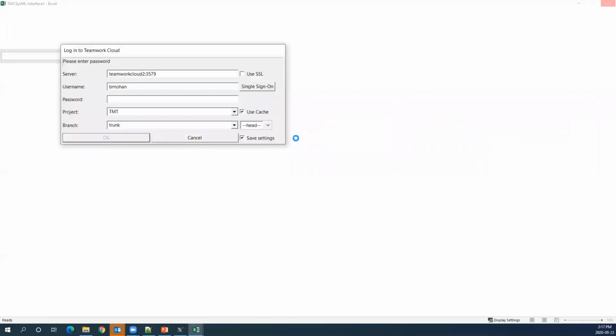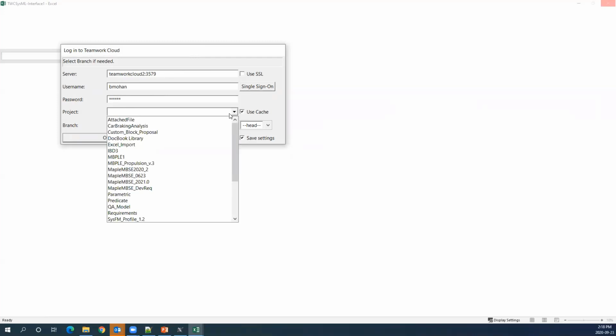So when I launch MapleMBSE, I'm going to connect to the Teamwork Cloud server, and this is the login that I'm going to get. Here you can see the server that I'm going to connect with, the username and password. This username and password is managed by the Teamwork Cloud. I'm just providing the credentials that have been created.